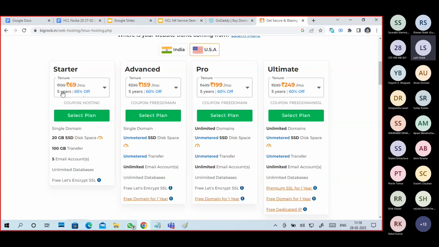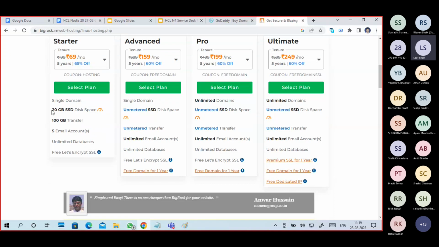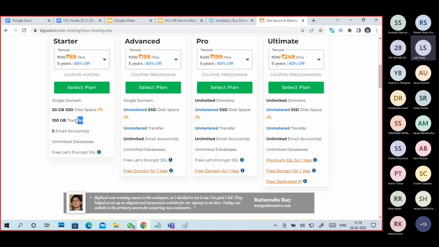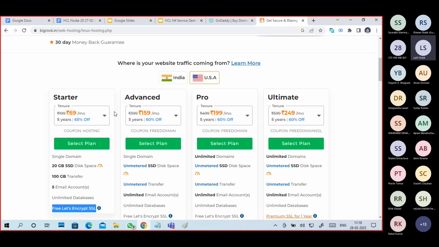It starts at 69 rupees per month, and they provide 200 GB SSD disk space, 100 GB transfer, 5 email IDs, unlimited database, and free Let's Encrypt SSL, which means you can get an HTTPS site. If you take it for 5 years, you get 65% off. That's why you got 69 rupees.